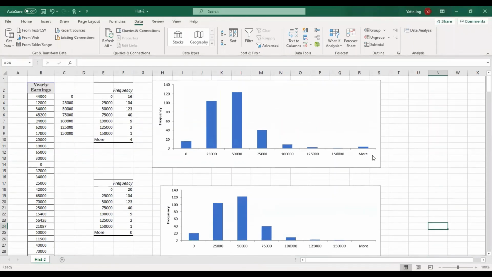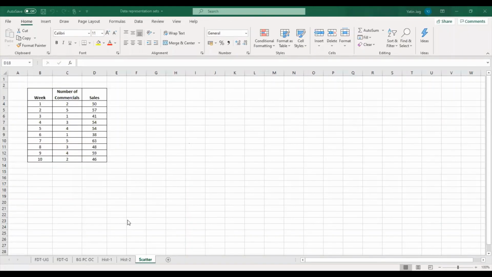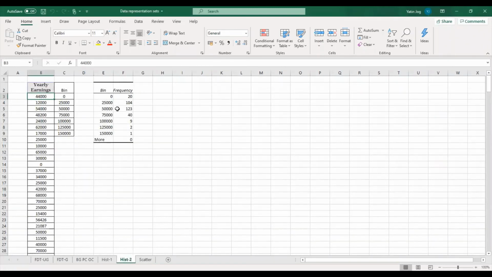So again, using histogram also you can identify the misfits or outliers. So I'm going back to my original Excel sheet which I shared in the morning with all of you on WhatsApp. So only the last sheet is present. So this histogram 2 we have covered. This was actually corrected data, and that's why we have got 20 zeros instead of 16 zeros and no values above 1,50,000. That's why I have shared the new file with you.